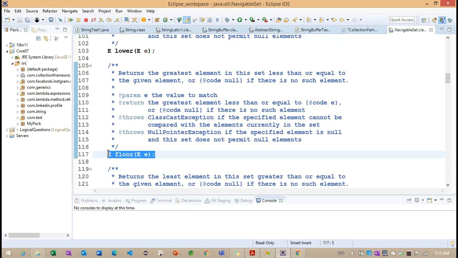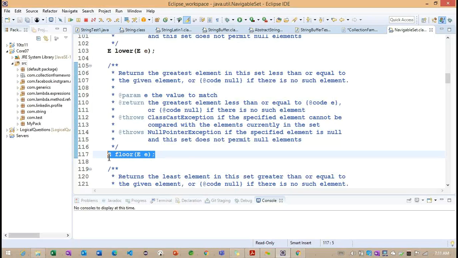Now you can see the floor method. Basically, these are specific methods of NavigableSet. These methods are not defined in our Collection interface, so we need to understand carefully how these specific methods are implemented.